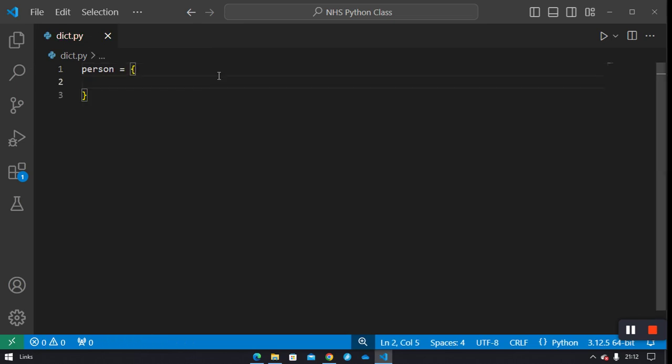You say it must have a curly bracket, press enter once, and give what you want to give it, such as name, then colon, then the value should be Regina Daniels. Yes, Regina Daniels. Then there must be a comma. If there's no comma, there will be an error. Then we can look at the age, or possibly we could say email. And the email could be